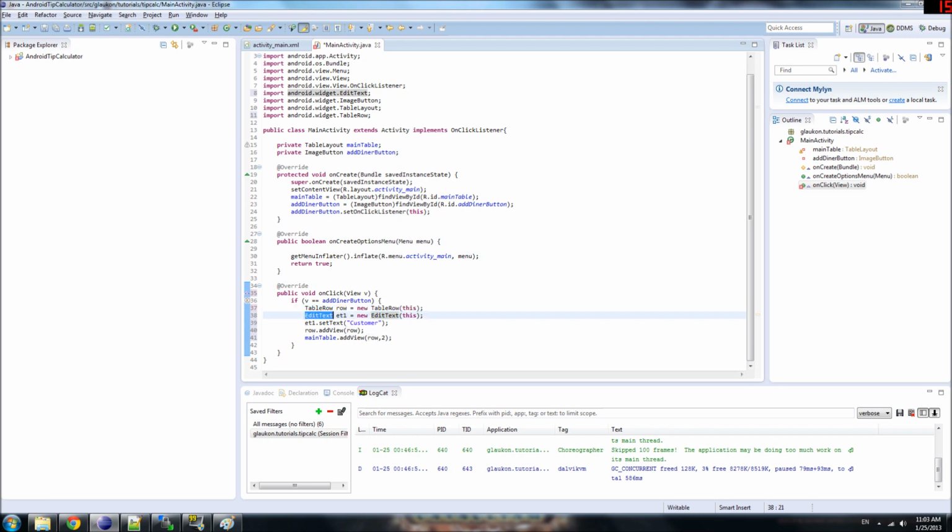Exact same thing here. We declare an edit text variable and we assign it the value of a new edit text that we create inside mainActivity. So this part right here actually creates a new object, just to let you know. Okay, next line,